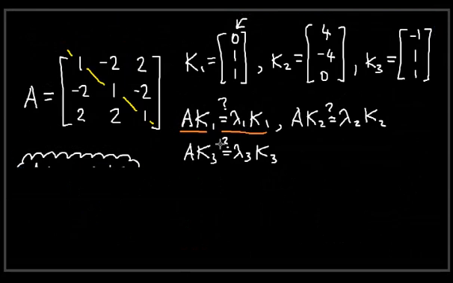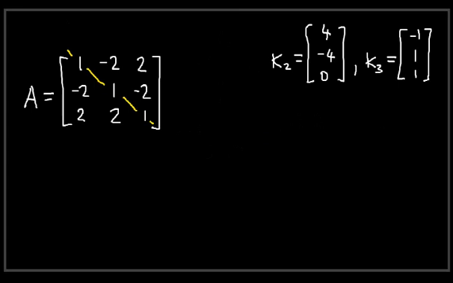Okay, so let's get rid of what we don't want here. Let me pause the video. There we go. So now we only have the things we need. We're going to work on the two vectors k2 and k3